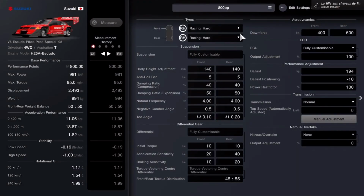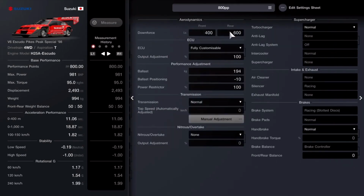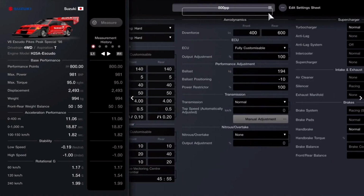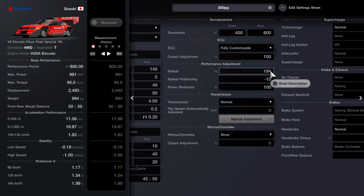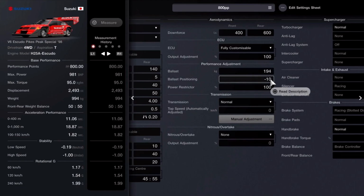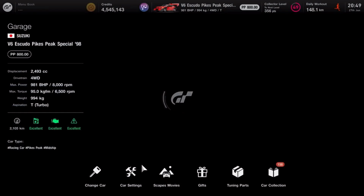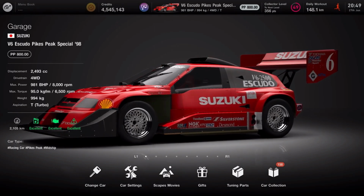This is the setup. Same as the standard car, nothing modified, no large turbo or anything. All this is still stock. That's still what it is originally when you get it. Even racing hard tyres, you get that with the vehicle. And this is all I've done. 194 on the ballast, and ballast positioning -10. So that's more to the front. That's it. But now that you know this vehicle is brilliant for events like this,